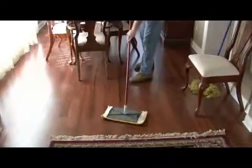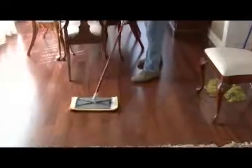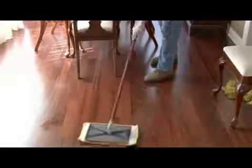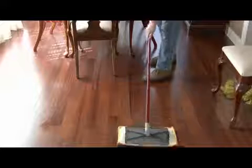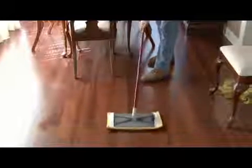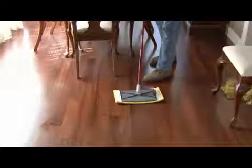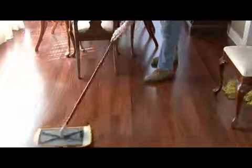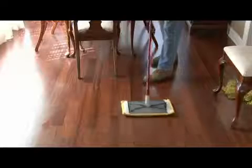And what this will do, as you work this back and forth, and you've got to put a little elbow grease into it, as we say, as you work this back and forth, it'll actually clean, condition, and shine. As you can see, as we work this back and forth,